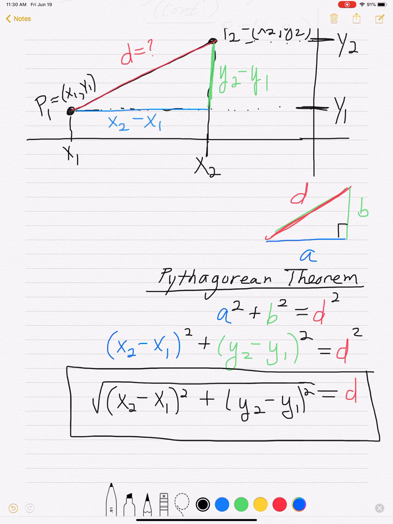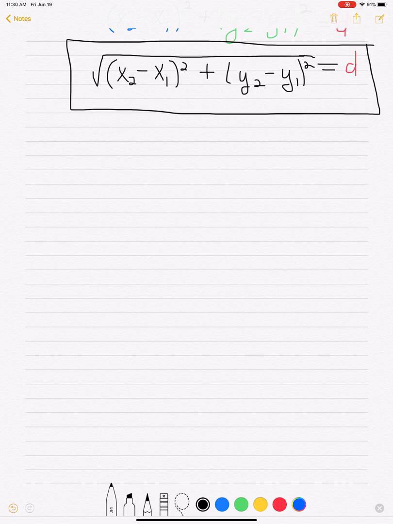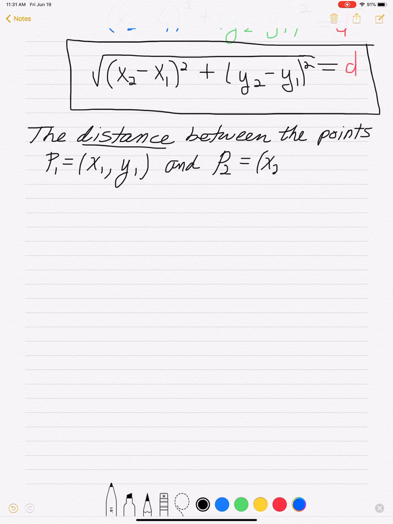So I'm going to write that down formally. This is the distance formula. Let me write that down nicely. How do we state that? The distance between the points P1, x1, y1, and P2, which is x2, y2. So the distance between those 2 points is given by the formula,